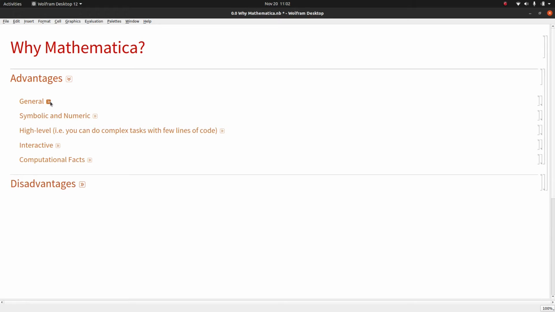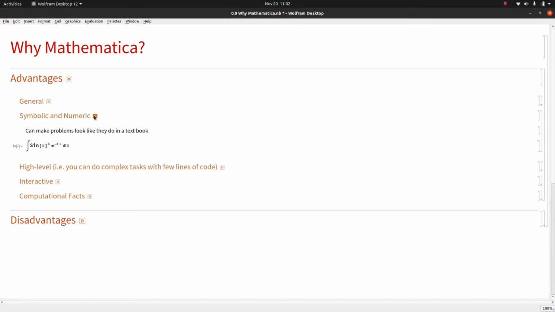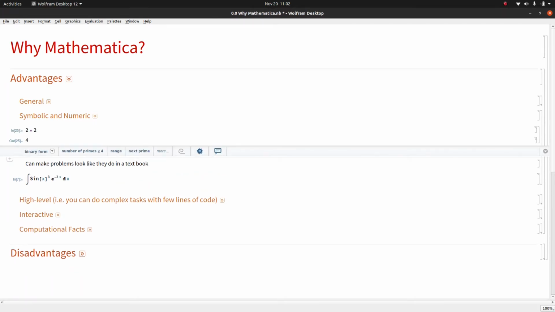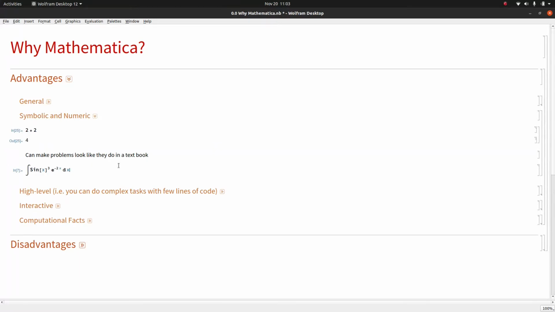So there's a lot of general things that are good about Mathematica. Other things that I really like, which I have not seen in a lot of other languages, is that it is both symbolic and numeric. So in addition to doing your standard calculator type problems where you're doing addition and subtraction, or things like you might do in C or C++,